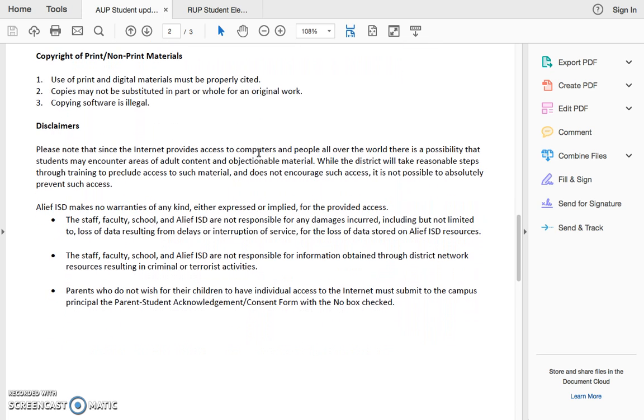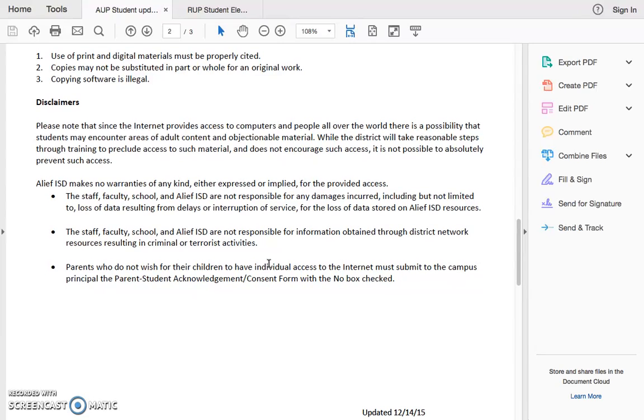Okay, the next section is copyright and non-print materials. Students must cite all materials appropriately. Copies cannot be substituted in part or whole of an original work, and copying software is illegal. The next section is disclaimers.